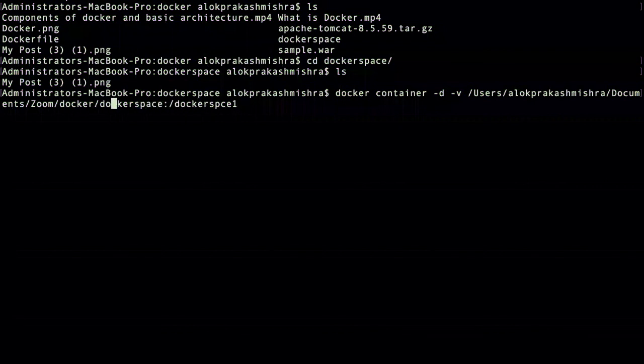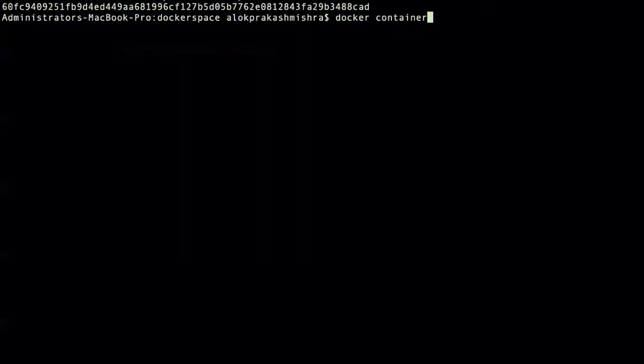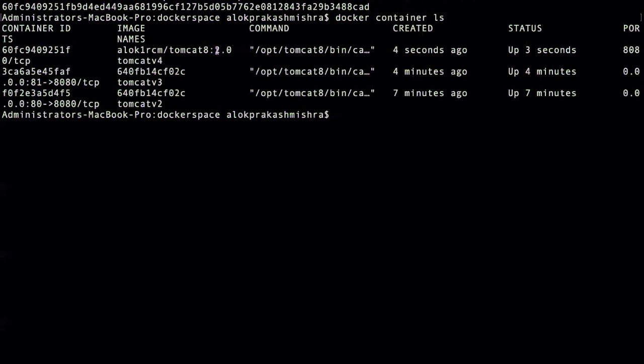Okay, sorry, you can give the name here also. So I will give --name tomcat v4. Okay, the container name is this, and then I will give the image name. I am giving tomcat 8.0, then ls. 3 containers created.